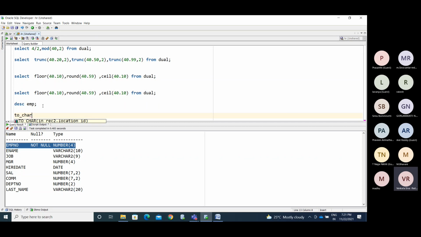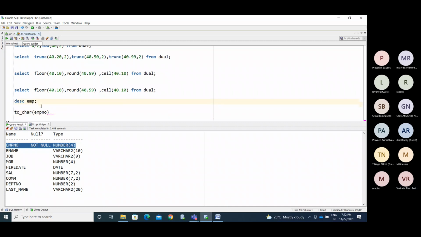To convert into character, we use to_char of employee number. Now whatever values we have in the number column become character. You can verify with this.